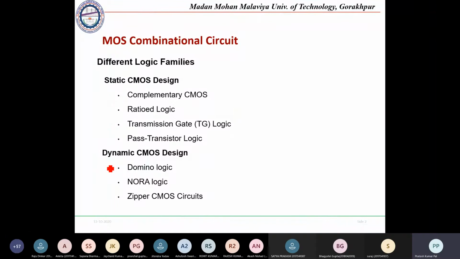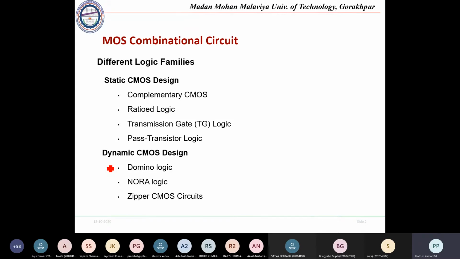In digital circuits, there are two types of power dissipation, static and dynamic. So how these static and dynamic powers are defined and how these affect the performance of the circuit, we have seen. So next, once we have designed the inverter, we will be designing more circuits similar to the inverter concept that we have studied. So we will be starting with the MOS combination circuits.